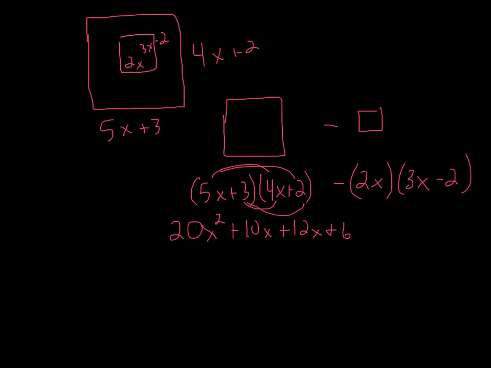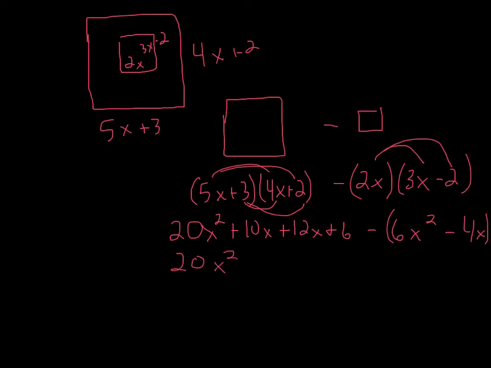Now, here's the important part. This next part, you actually can't drop the parentheses. We're going to distribute. Sorry, made a mistake there. 2x times 3x is 6x squared, and then 2x times negative 2 is negative 4x. So we're subtracting this whole thing from it. Remember when we subtract, we have to do the additive inverse, or distribute that negative. So our problem now becomes